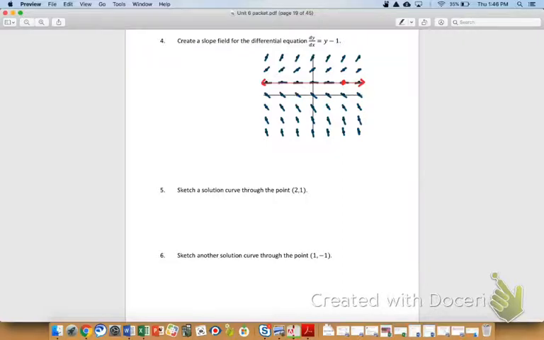Okay. The other one is 1, -1. So that is right here. Do you see how this is not on that horizontal asymptote? So I'm thinking it should look,